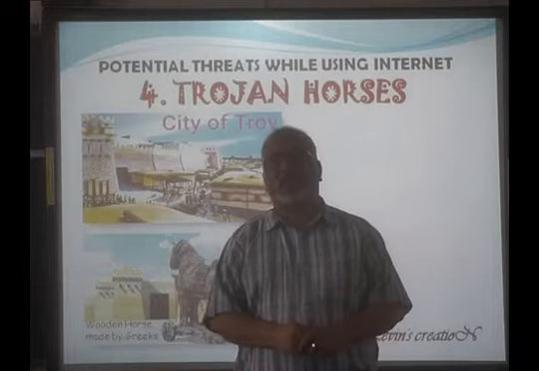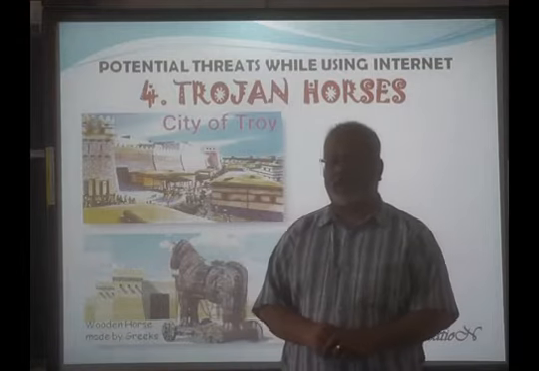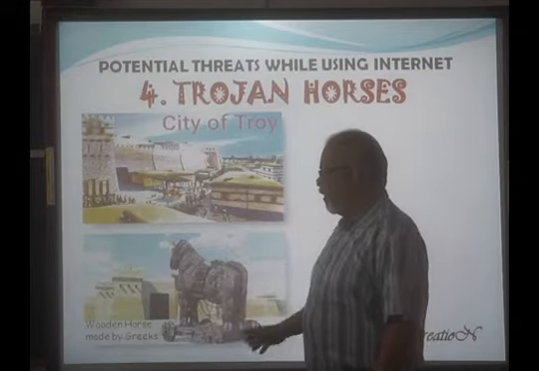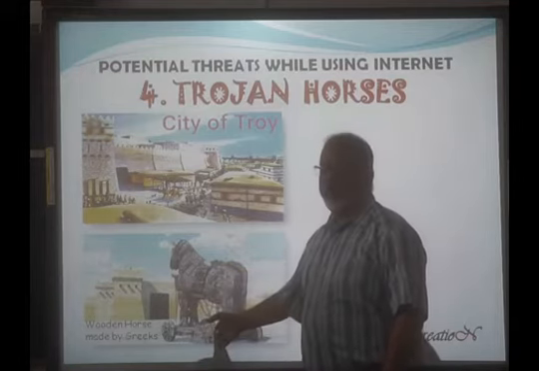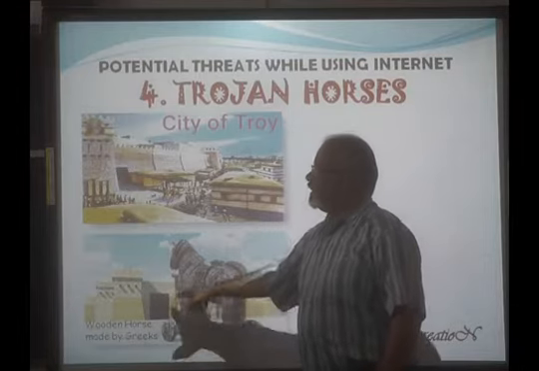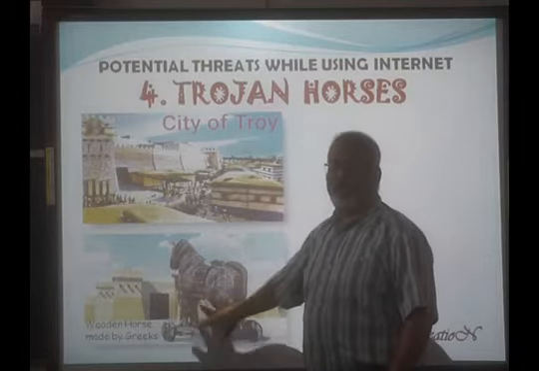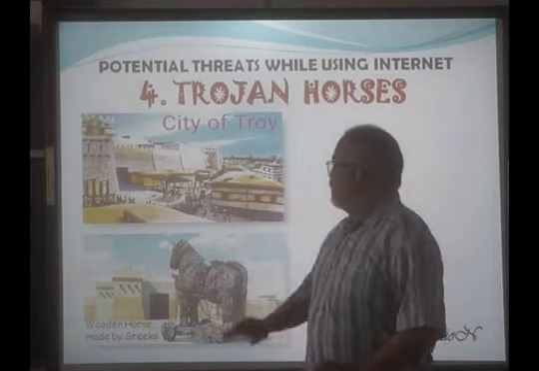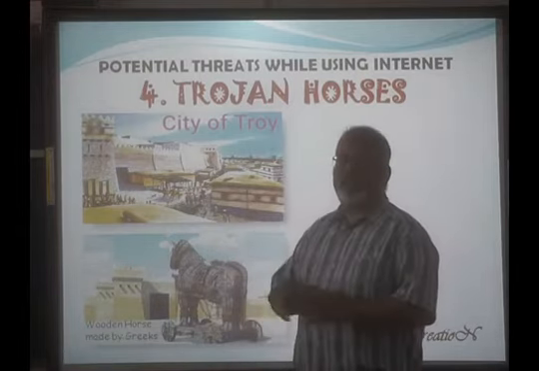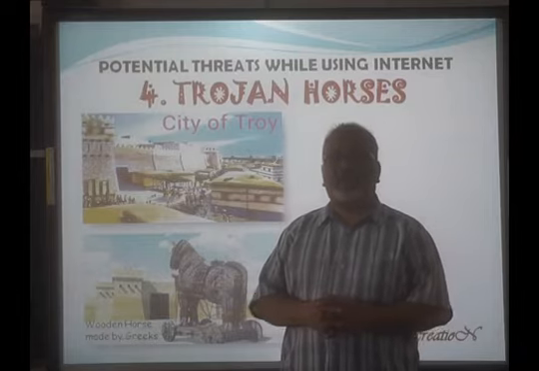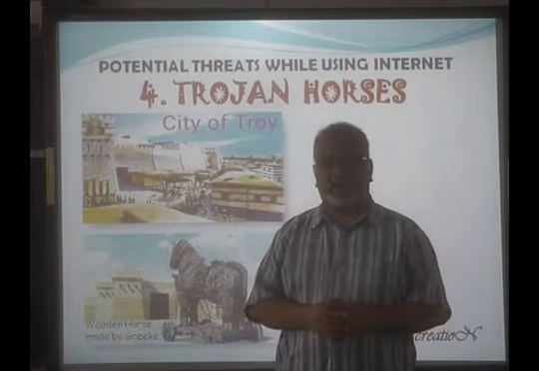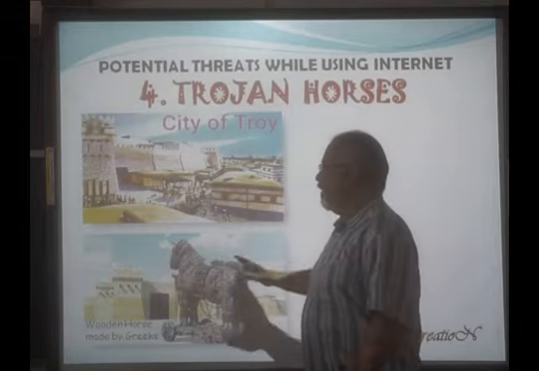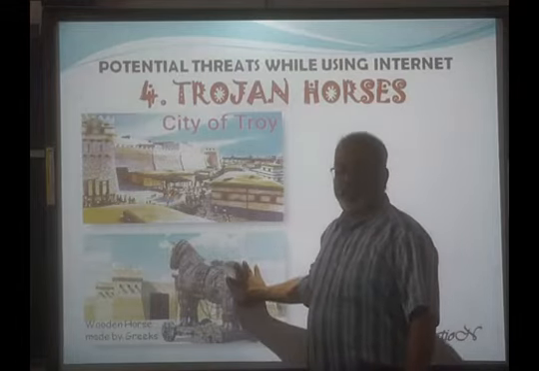And it was a hollow horse. That means inside there was space. So what they did, they dragged this horse near the city gate, city of Troy. They left it there and then they went back. Now the Trojans thought that this is a gift from the Greeks. They could not win. That is why they have left this nice, beautiful wooden horse.